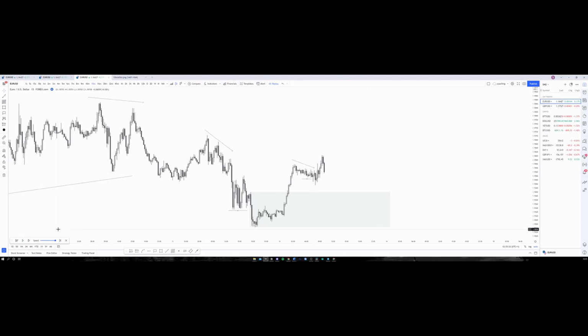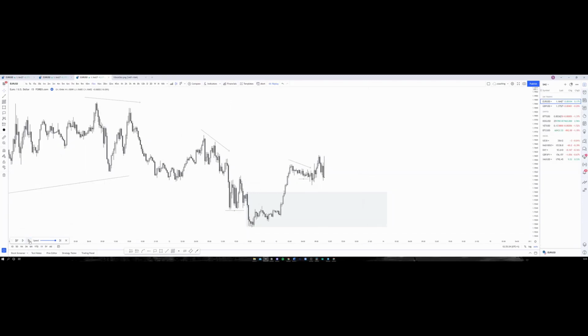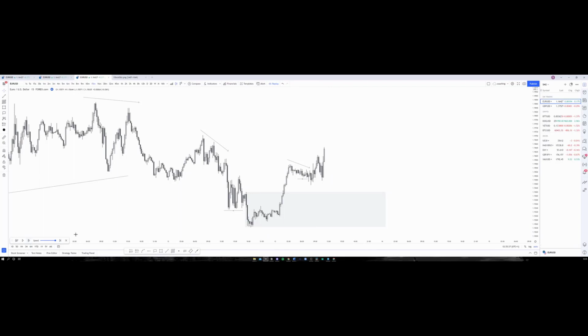But what we need to see now is short-term liquidity generated, so that we can take the trade, because right now structure is still bearish. But we get this liquidity created here. So all of this liquidity is gone, so we don't need to be aware of it. We've run buy side liquidity, so we may get a sell to run sell side liquidity. And if we start getting a V-shaped recovery away from this, because structure is bearish,